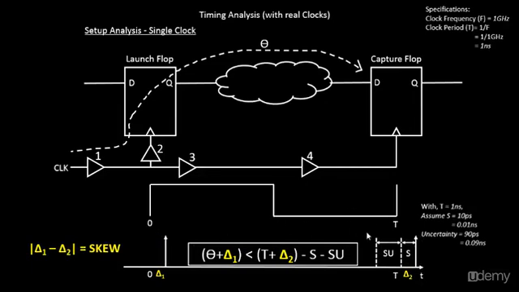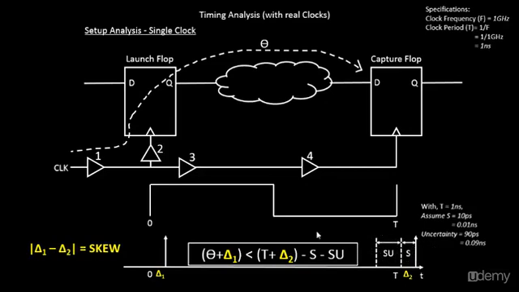It becomes from this part to this part. So now your theta should actually lie within this range. The data path delay should be within this arrow and this particular thing that you see over here. So your combinational delay should be within this window, and if it exceeds it somewhere over